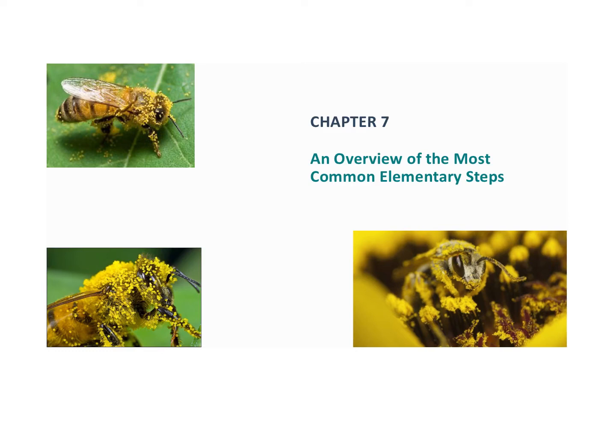So there's a bee on this slide, and you might be wondering, how does this involve mechanisms? Well, I love a good example, and pollen sticks to this bee due to electrostatic attraction. When it flies, a bee loses electrons and it builds up positive electrical charge, and then the flower's pollen, on the other hand, is negatively charged. So when the bee lands, the pollen experiences a driving force from the flower to the bee because we have